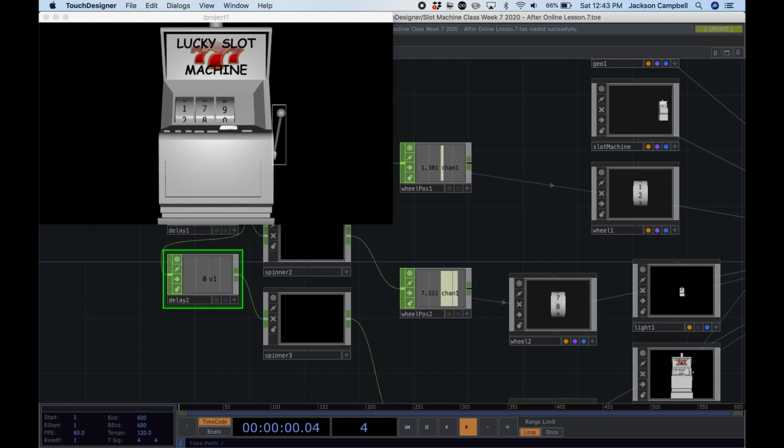But for now, today we're going to fix this little issue that sets the wheels spinning right when you first open the patch. That's an easy fix. And then we're going to go ahead and start adding in the logic to do the payout system. We'll start with a simple payout system that